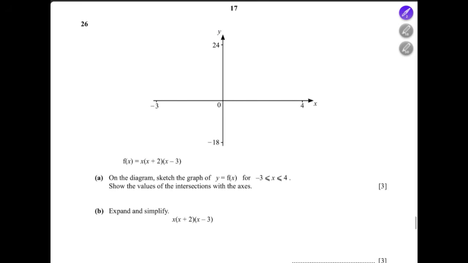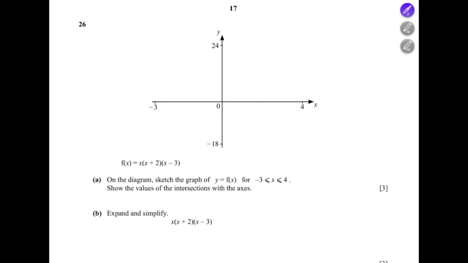Next, you have this line. You have a graph. f of x equals x, x plus 2, x minus 3. On the diagram, sketch this graph for y equals f of x for -3 to 4. Show the values of the intersection with the axis. Okay, so you can identify, you have 3 positive x, so you will have